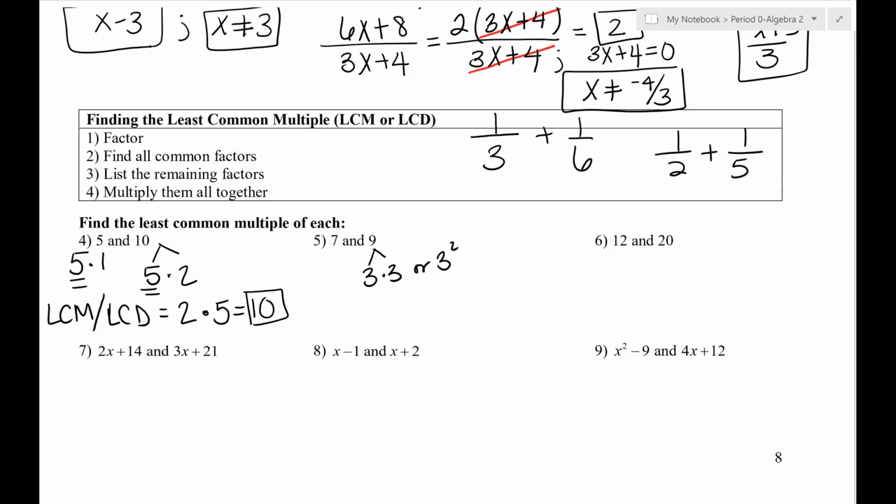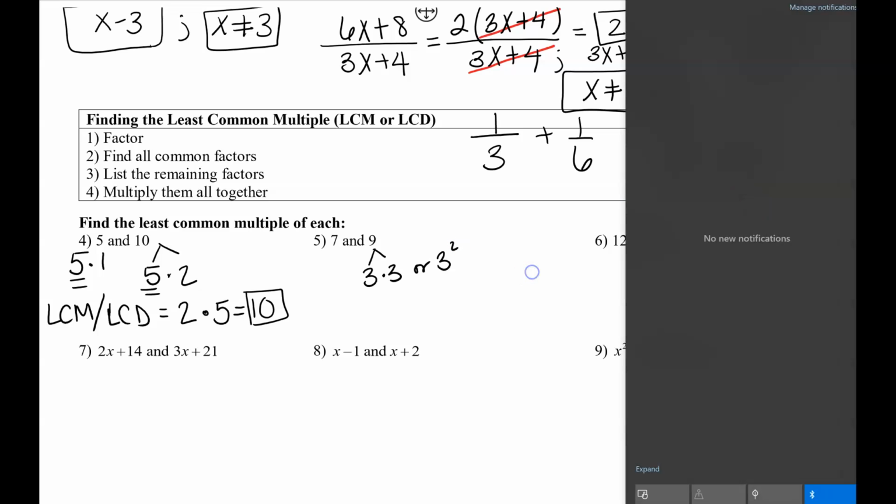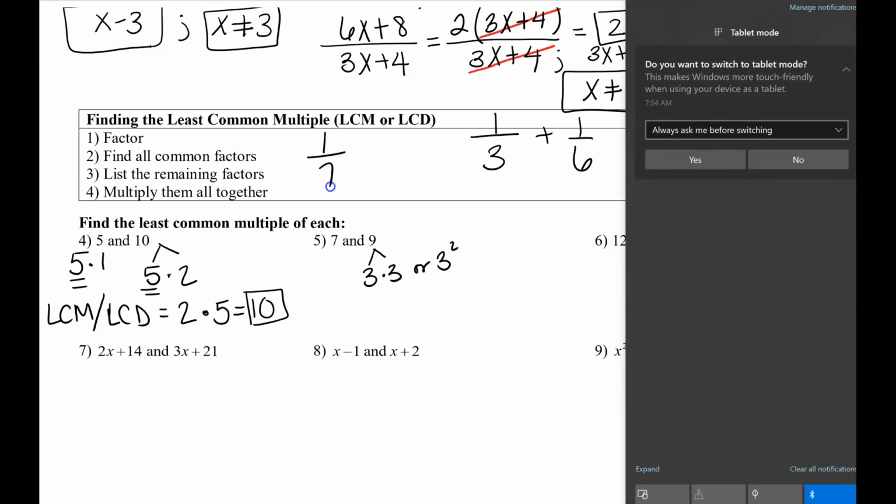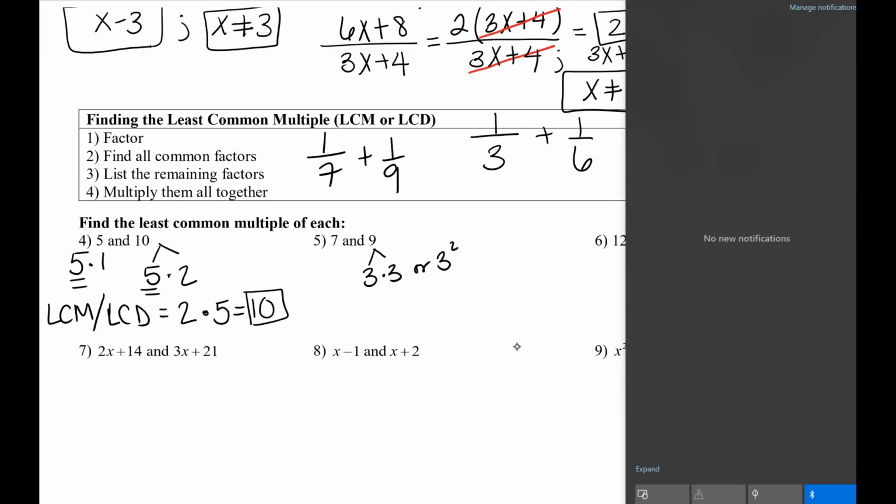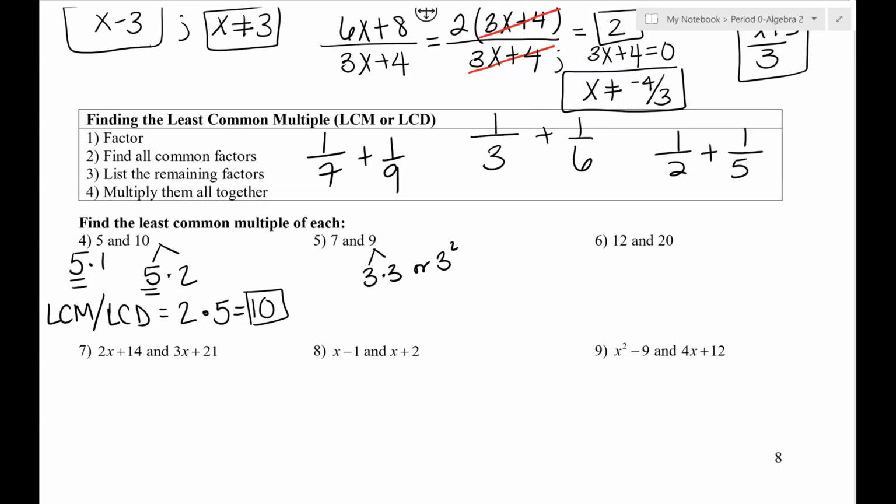Between 7 and 9. So back in the days, if I say, okay, 1 over 7 plus 1 over 9. Right. How do you know? Exactly, right? Because would you agree that both of those, 7 and 9, don't have any factors in common, right? So this is why back in the day, we just take 7 and we multiply by 9, which is 63. So when you have a factor that has multiple powers, like a repeating power, then you take the highest one,